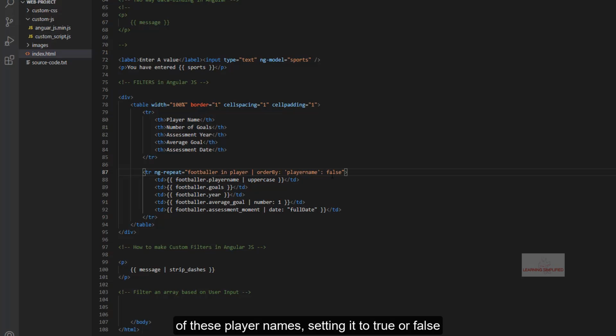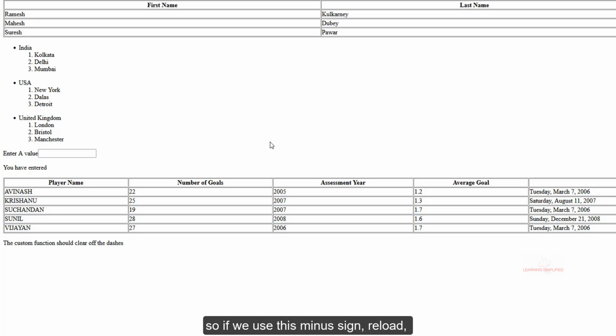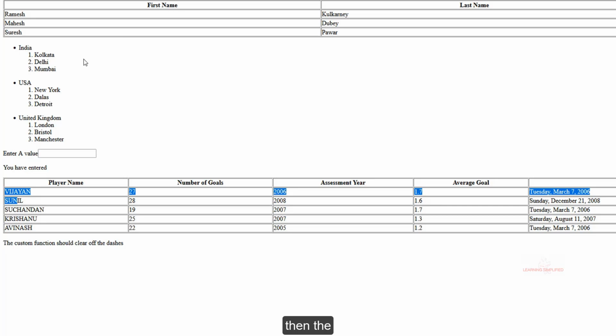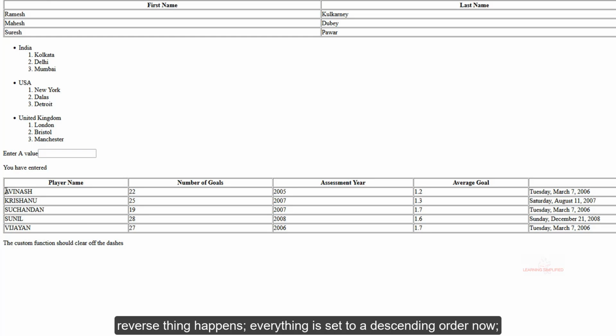And instead of setting the player name to true or false, you may use a plus sign right over here or a minus sign here. So if we use this minus sign and reload, you can see that the same thing happens here. But if we use this plus sign, then the reverse thing happens.